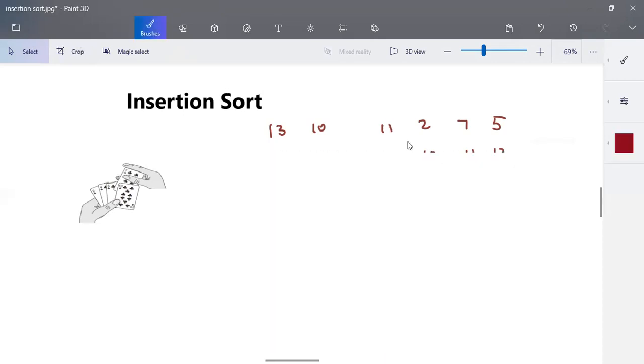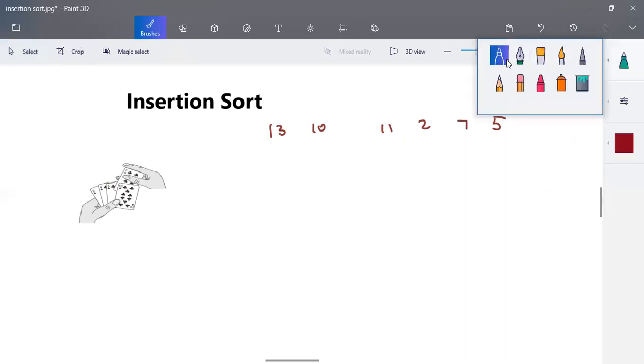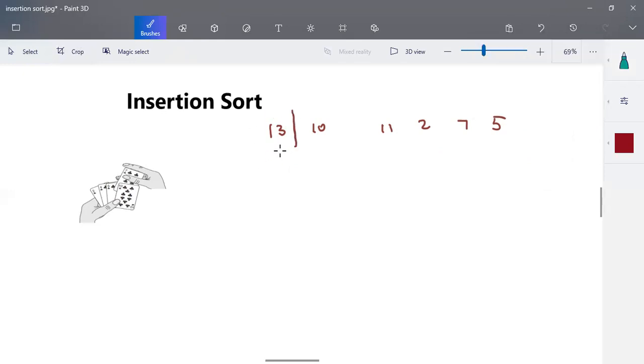First, we consider the first element as a sorted one. We'll consider this element already sorted, and we'll start this process from the second element on. Since there is only one element, either smaller or bigger, it stays in its position. Now we'll consider the second element as the key element. Key is equal to 10, and this 10 is compared with the previous element. We are going to ignore the remaining elements in the array. We are not bothered about them. We just compare it with the prefix of it.